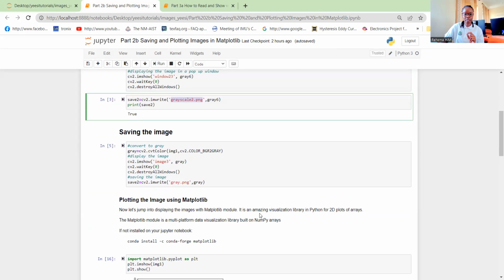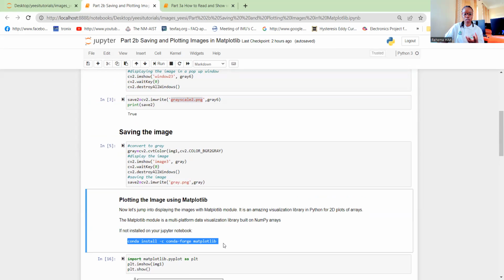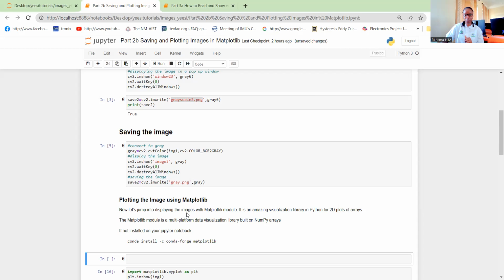If it hasn't been installed on your machine, and if you're using Anaconda, this is the easiest way. You can use conda install in the command window of Anaconda, and you can install by using this command. Okay, now Matplotlib is really important because at some time, maybe you're working with many images,